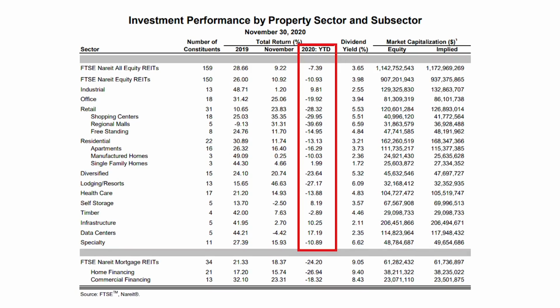Here at the bottom of the table, infrastructure and data centers did really well this year. With the boom in 5G coming and those data centers needed to stream all the internet traffic, these two groups were up 10 and 17% through November. Now, valuations are a little more expensive here in these two property sectors, but I think you can still pick up a few of these for that strong long-term investment, especially as the 5G and the data needs just keep